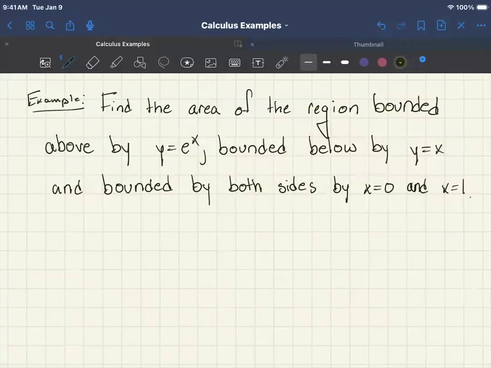I'm Dr. Finch. Today we're looking at the area of a region bounded above by y is equal to e to the x, below by y is equal to x, and on both sides by x is equal to 0 and 1. So when we're finding the area of a region and we have more than one equation, a lot